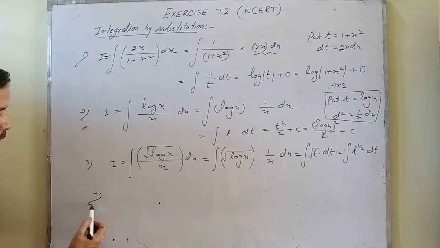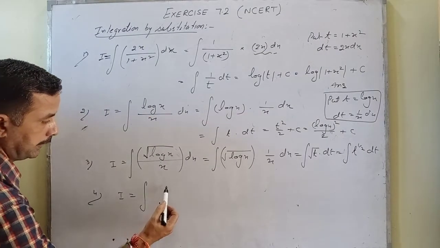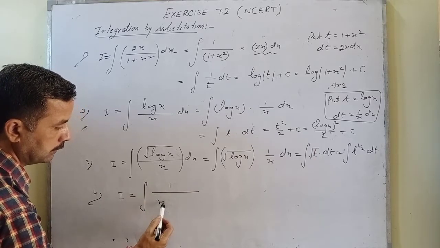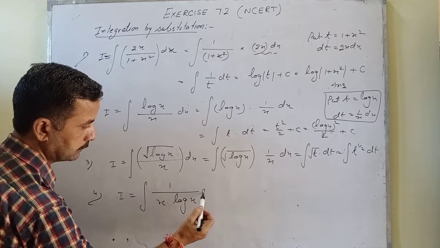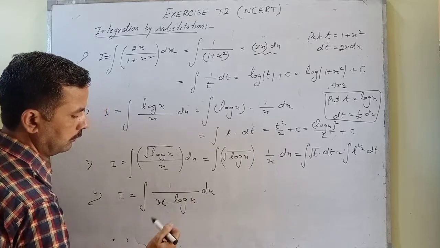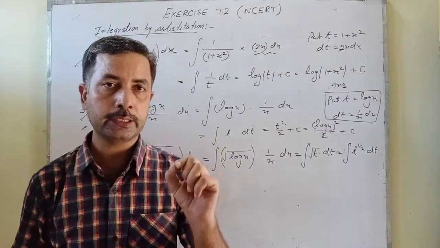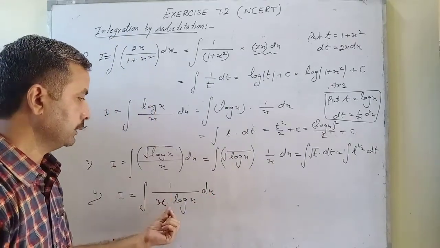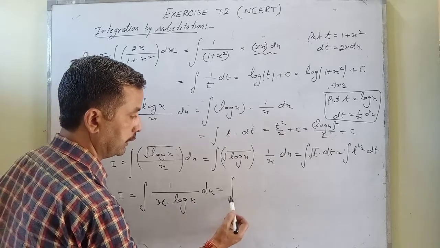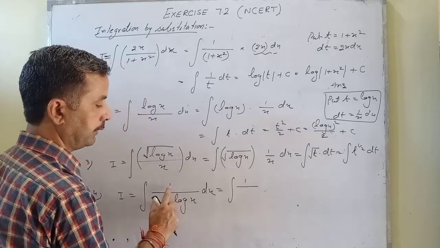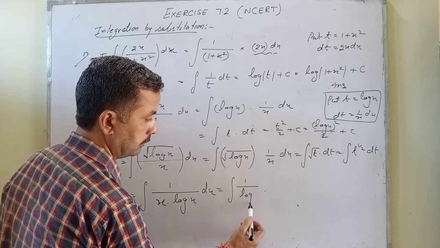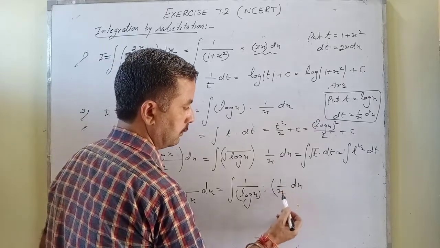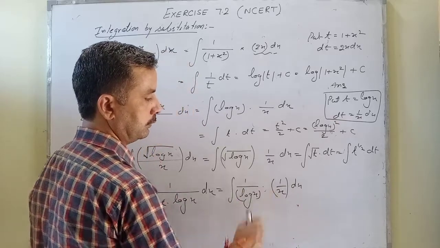Now question 4, suppose we are having one more question, and that question is like this: log of x, or better to write it like this, x into log of x into dx. So what can we do here? We always try to identify f(x) and its derivative in each and every part of a question. There it is 1 by x into log of x. If we check, we can see that the derivative of log of x is 1 by x, but log x is in the denominator, it doesn't matter, it will make no difference. So we can write it like this: 1 by log x into 1 by x into dx.